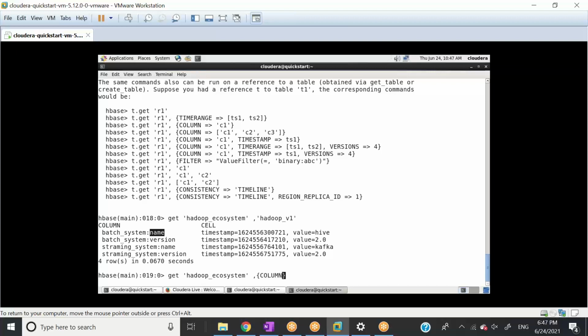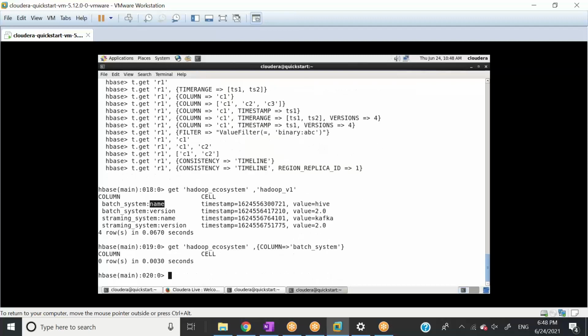The column keyword is case sensitive, so you write COLUMNS in capitals, then the arrow, and then in single quotes the column family, always. So let's say batch_system.